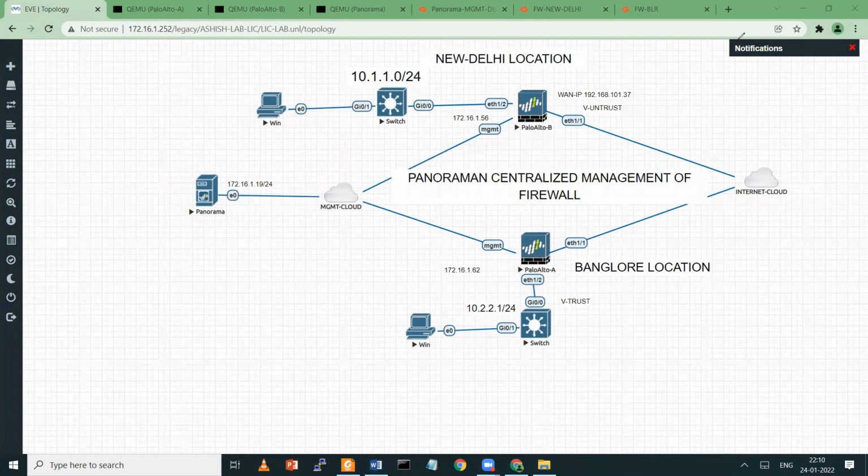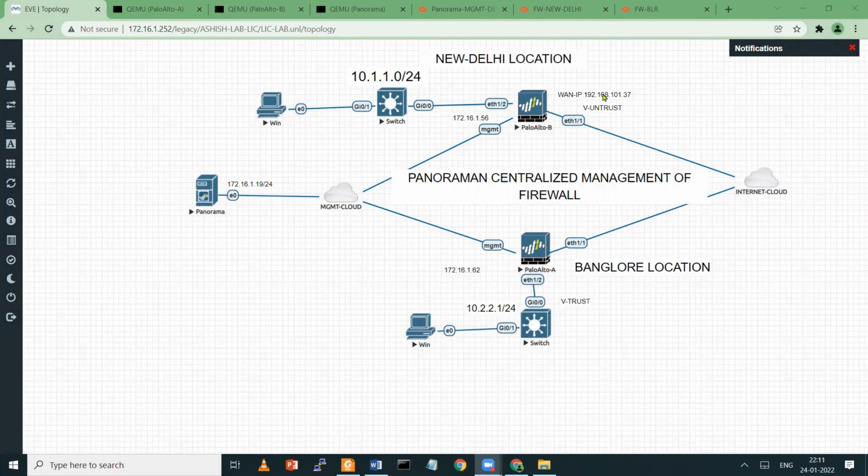Another important thing which I have explained: the firewall should know from which port it is going to connect to your Panorama. By default, all traffic which we forward from the firewall uses your management port. So if you're connecting to your Panorama device from Ethernet 1/1, then under service route, you have to make sure port 1/1 is used for Panorama connection. Guys, make sense? Yes. Yes, sir.